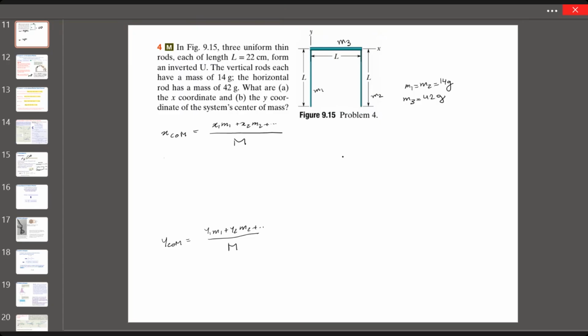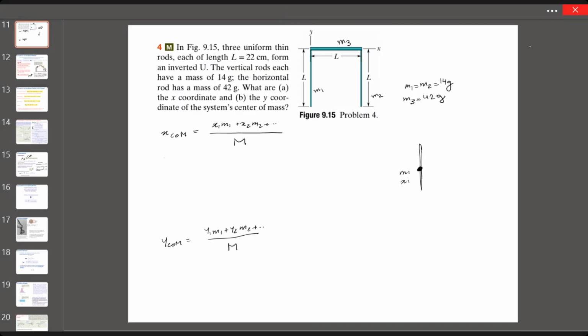So what I have to do here is I'll take a look at the rods as they are and find the center of mass of each rod. Like this vertical rod is all uniform. So its center of mass is simply at its center. I will represent the rod to have this mass, which I can represent as a point M1